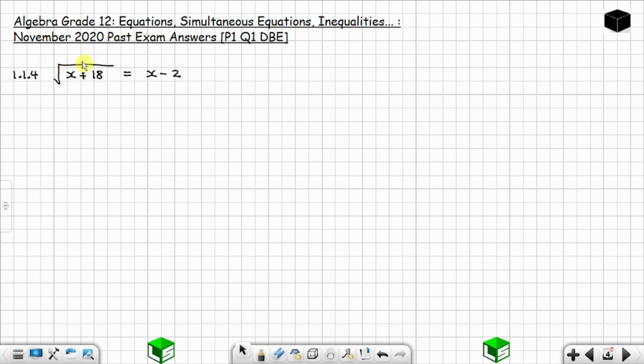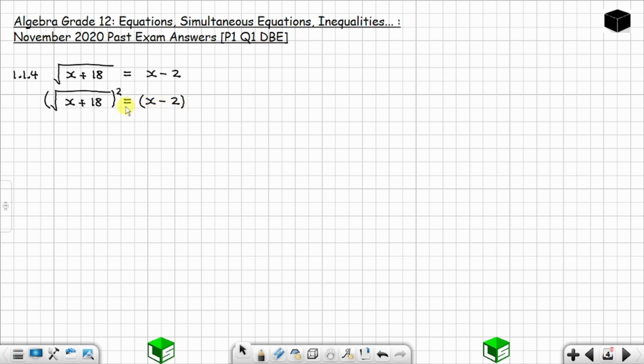So when you take the square of this, you are going to drop this, right? And what you do on the left, you also do on the right. Okay, let's do that. You close your bracket, you take the square of this, so that this square root sign can drop. If you have the cube root, you take the cube of this. Since you have the square root, you are taking the square of this so that the square root sign can drop. And this is equal to x minus 2.